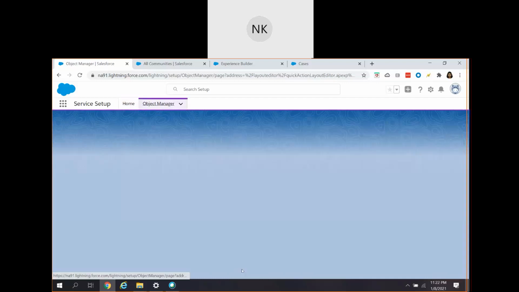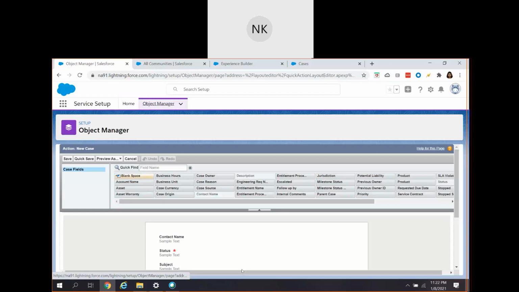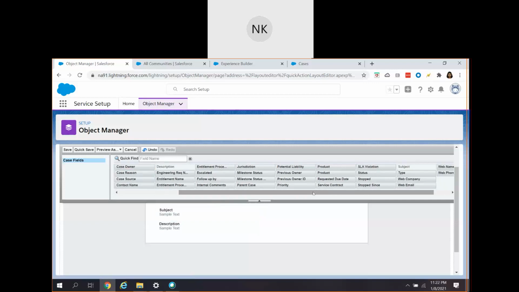Once you save the global action, it will open up a layout which will ask what different fields should be displayed when you want your customers to click on the create a new case button. Here by default there are certain fields added to the layout. I don't want the contact name, so I'm clicking this icon and removing it. I also don't want the status, so I'm removing this. I want the subject, I want the description. Then we can also add priority.